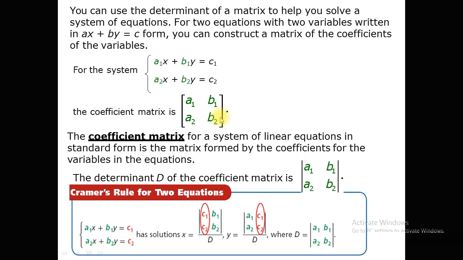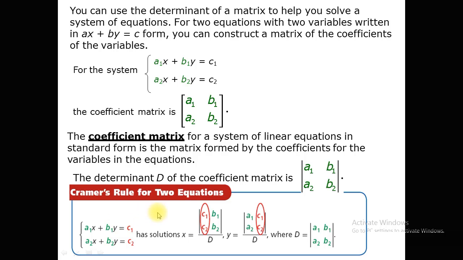And then find the determinant of this coefficient matrix before using Cramer's rule. The determinant of this coefficient matrix, suppose denoted by D, is the determinant of the coefficient matrix of this 2 by 2 system. Now using Cramer's rule to find the solution of a system of 2 by 2 equations or a system of 3 equations. So in Cramer's rule, to find the value of x,